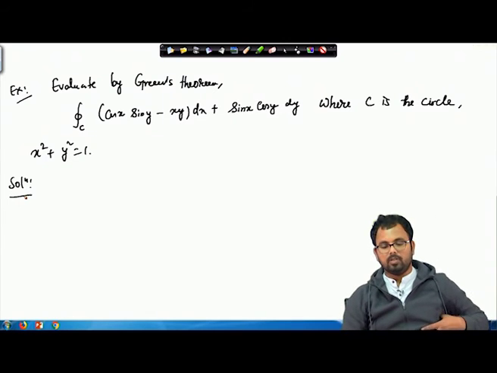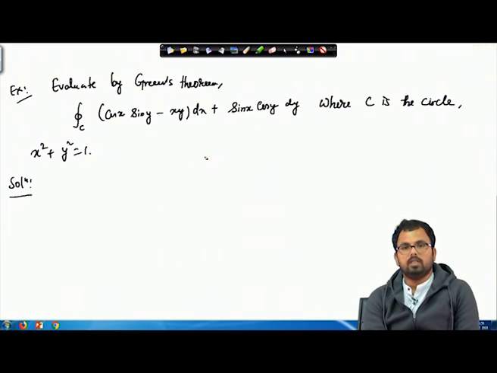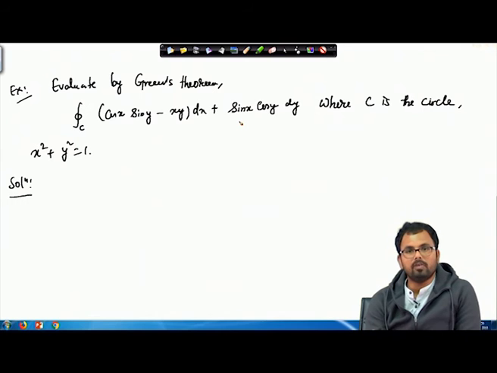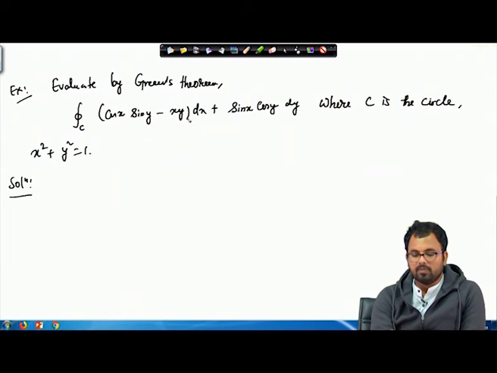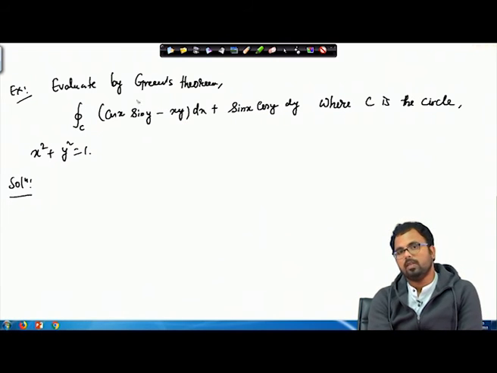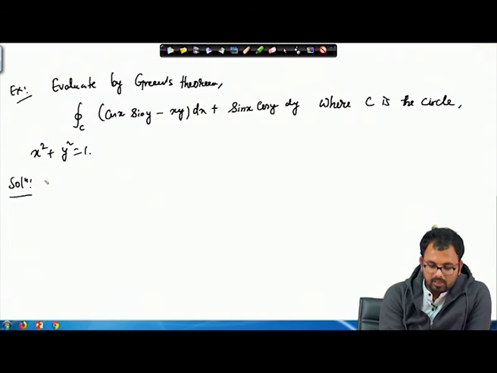All right. So, here again we are given a very complicated expression to evaluate, and obviously, when you are told that you have to use Green's theorem, then you really do not have any way out. So, we see how we can use Green's theorem. First of all, we have cos x sin y minus x y and sin x cos y. So, they are all very nicely behaving functions. So, obviously, they have continuous partial derivatives, so we do not have to worry about that. So, then we can write here